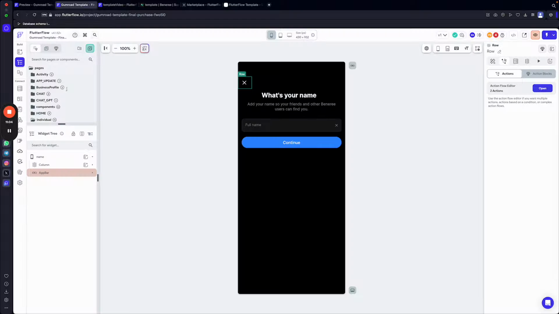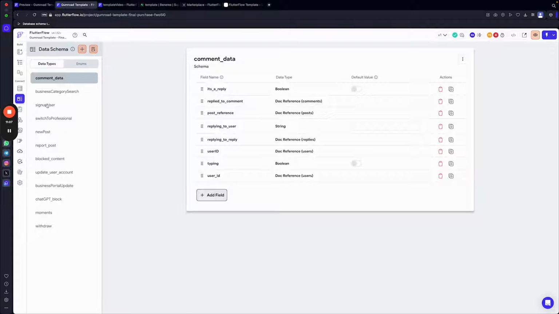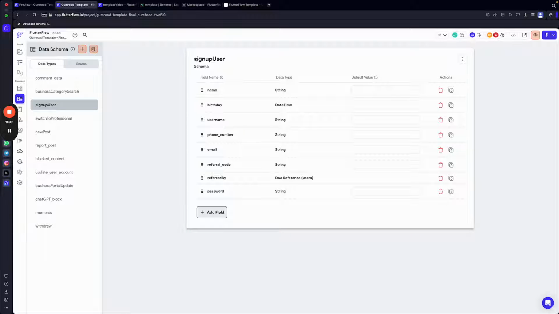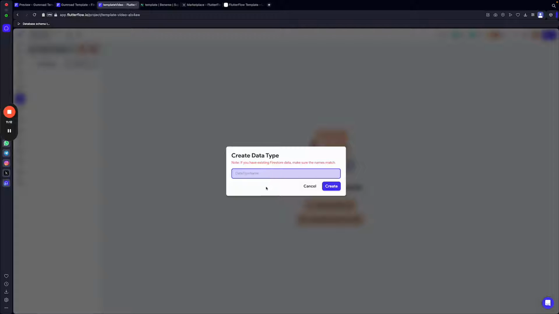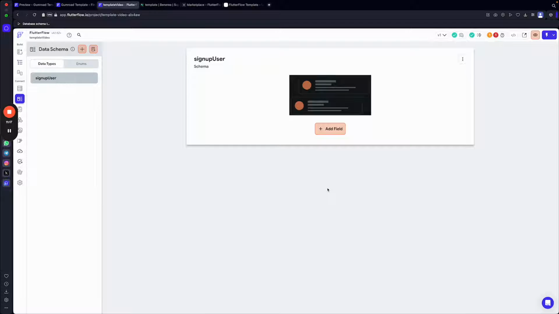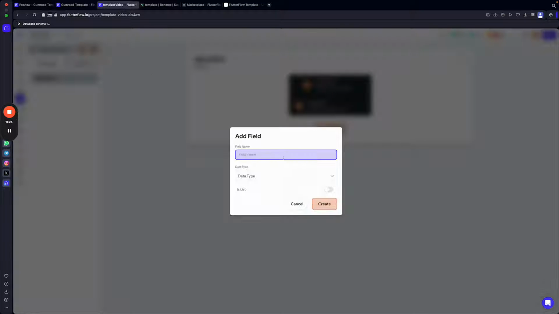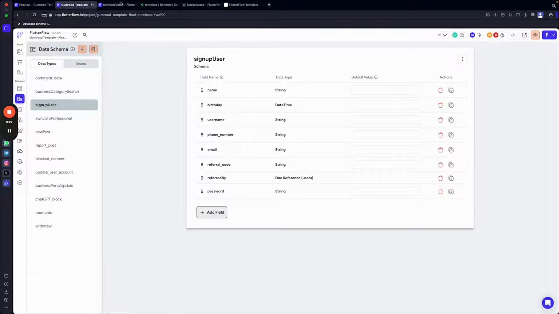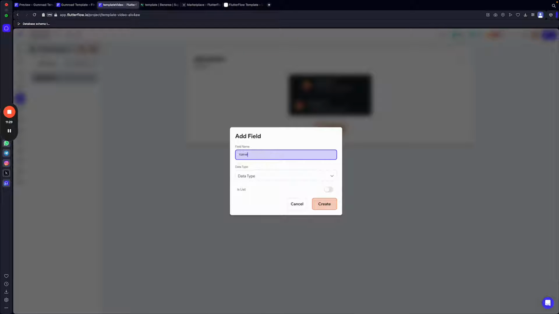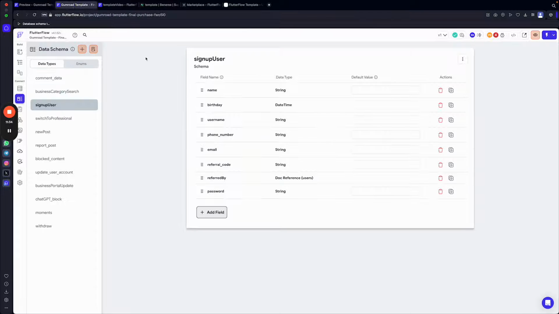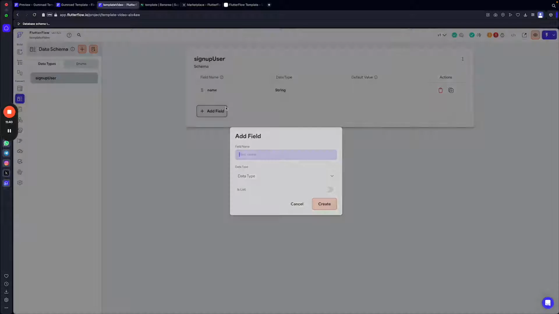We will do the name, go back here again, sign up user, okay? You can copy, sign up user. Okay, and this is where we will store all data from the registration, so from the all processes, okay? Now add field, and now we're gonna name, it's string, so we have a name, it's string, okay, it's not the list. We have a birthday, username, phone number, okay, birthday,